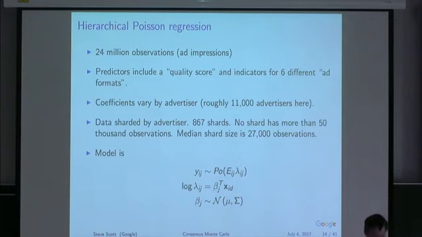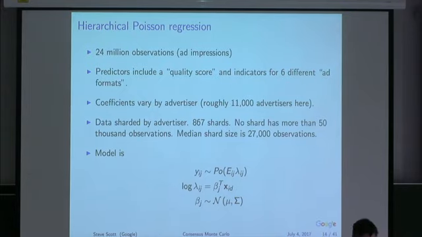It's a continuous number. And then there are several different ad formats, right? I can choose to put the text here or here. There are different ways of showing the information in the ad. There might be 6 or 7 of these ad formats. And I've got coefficients that are going to vary by advertiser, right? Each advertiser has their own type of ad that they show, and the ad formats might have a different effect on this advertiser than on that advertiser, right?